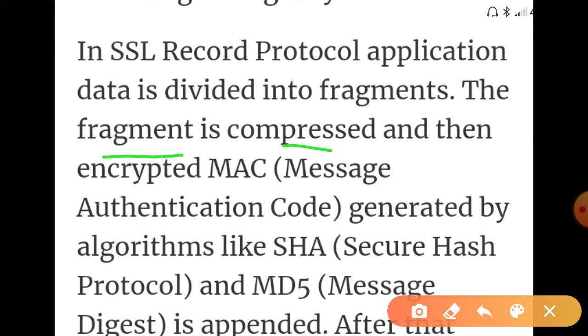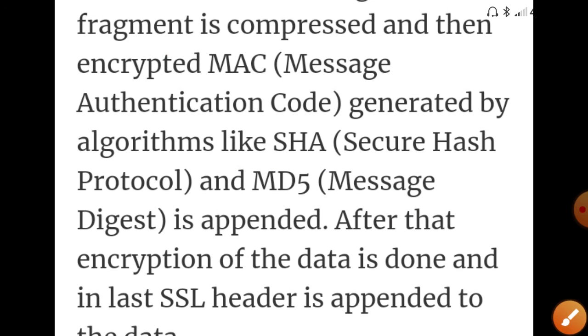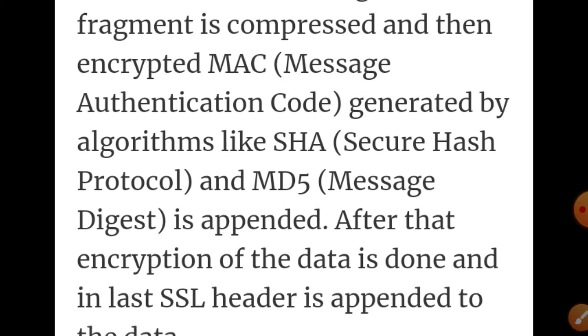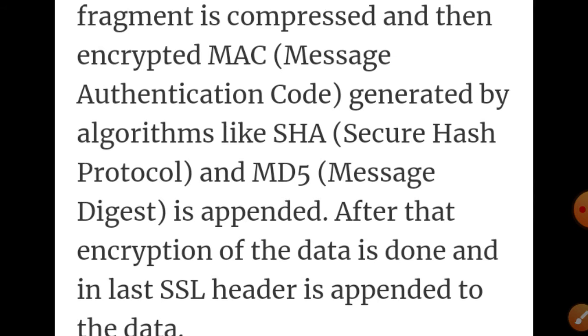Then a MAC is generated by algorithms like SHA or any other one and appended. After that the encryption of the data is done, and in the last the SSL header is appended to the data.